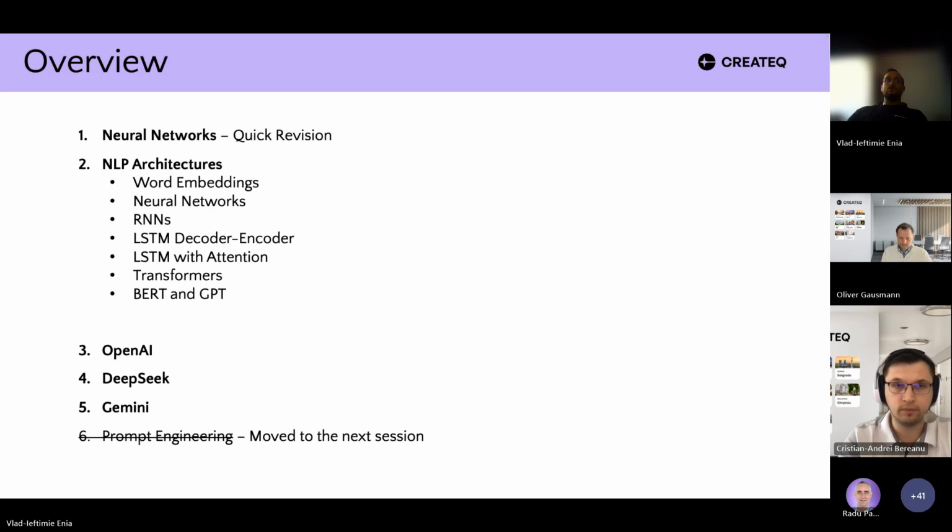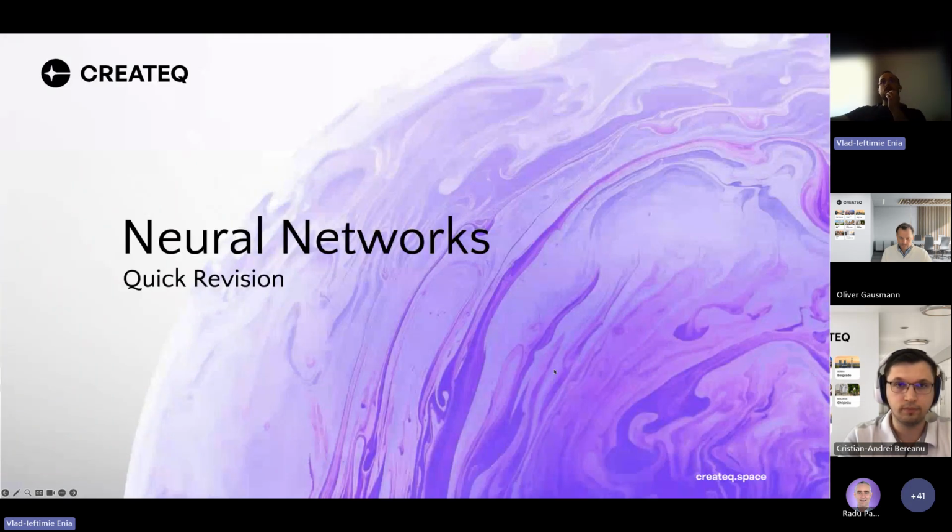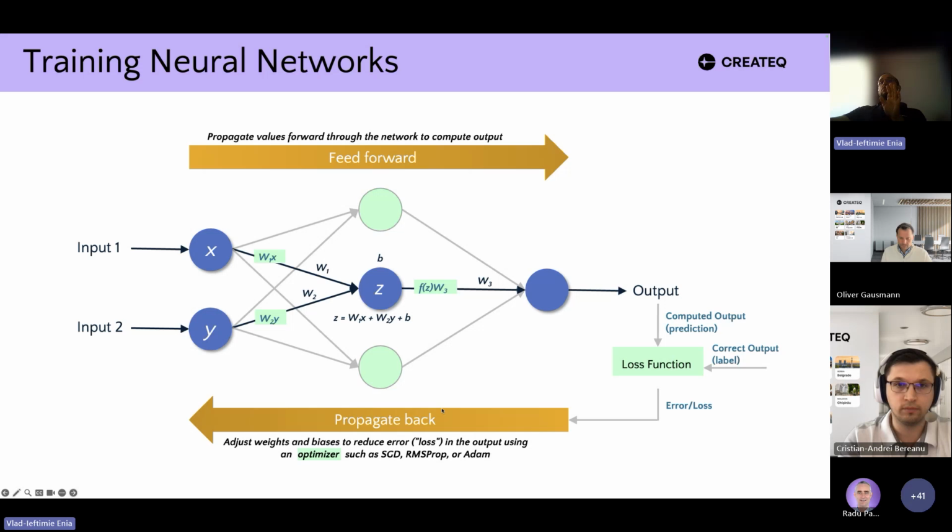Okay, so let's continue with our quick revision of neural networks. I picked up some of the most important things to remember from our last presentations. So this slide tells us about everything that we basically need to know about neural networks, how they train and how they function.